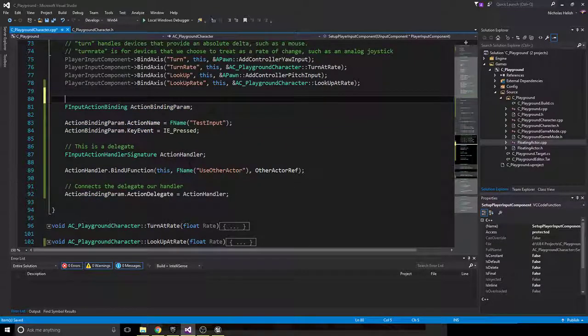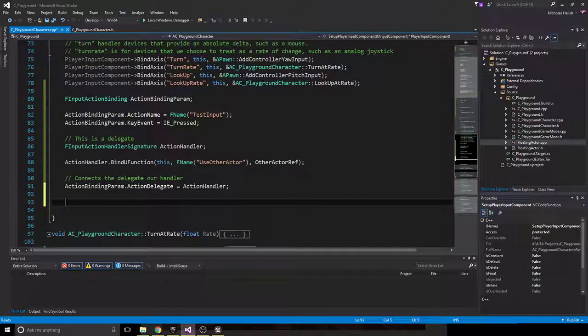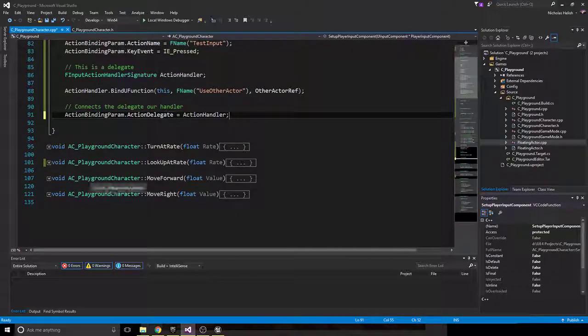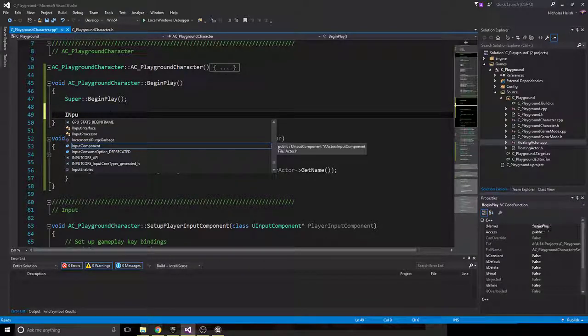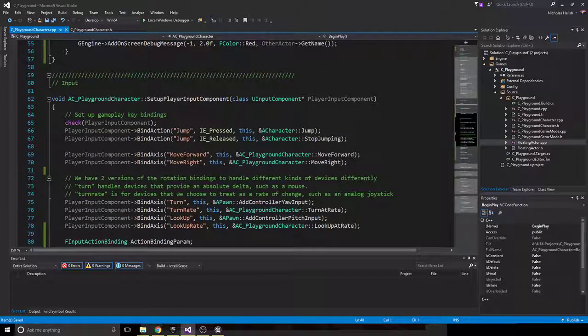Alright, and this is like our input action. This is our input action that we're gonna add to our input component. So we can do input component, and you might be thinking, why not use player input component? They're pretty much the same thing, except input component, if I remove that really quick so we don't get a bunch of errors, if I go over here and begin play, input component, it's the same thing, except input component can be accessed outside of player input,